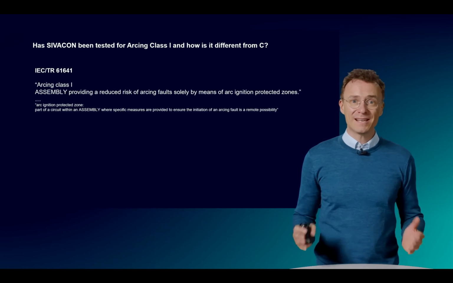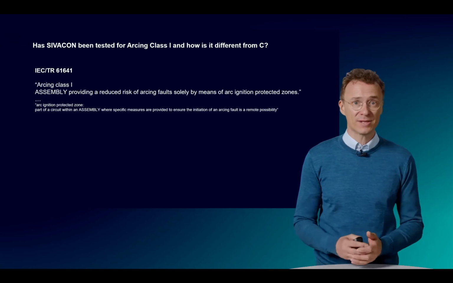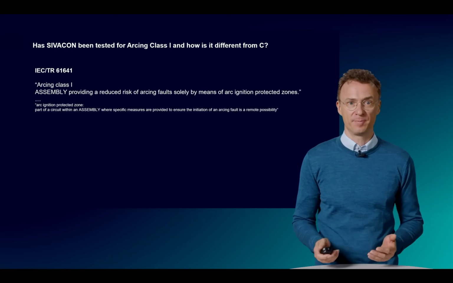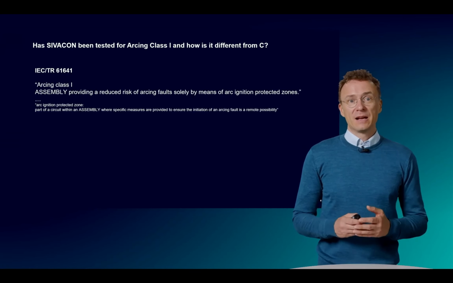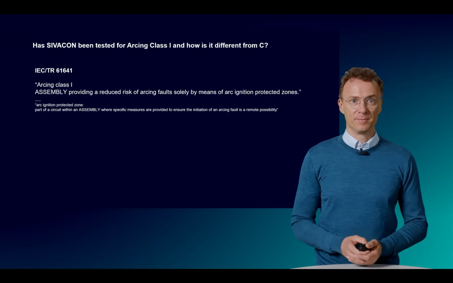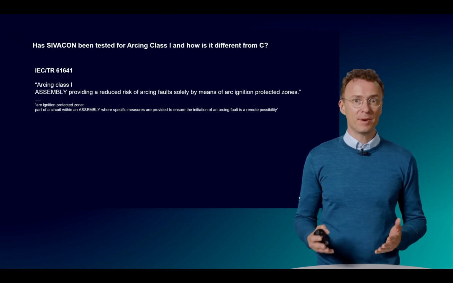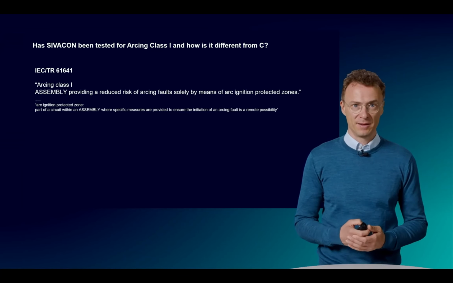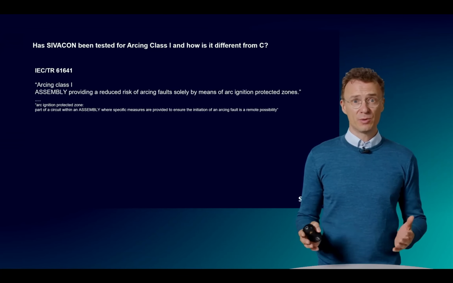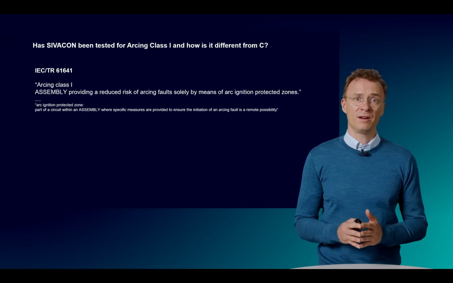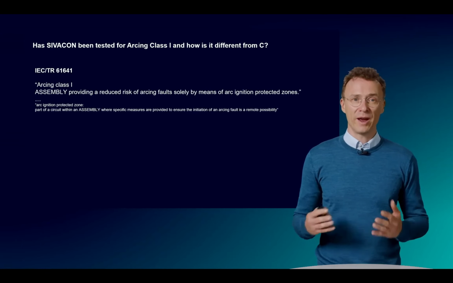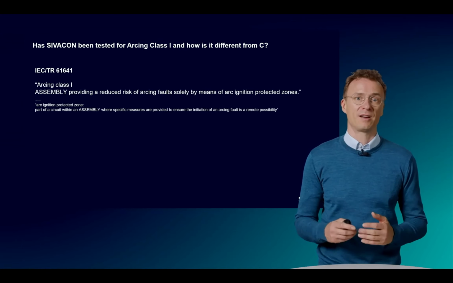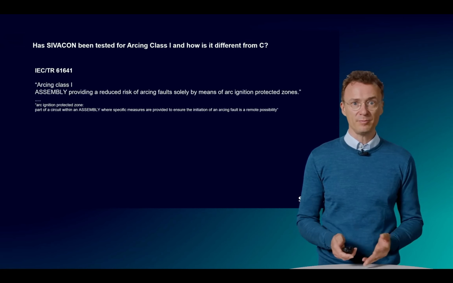Has Civocon been tested for arcing Class I, and how is that different from Class C? Class I cannot be tested. Class I requires an assembly to be insulated so that no arc can be ignited. That insulation needs to provide an IP degree of protection IP4X so that no live parts are accessible.